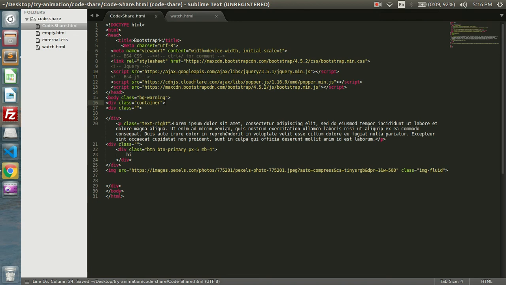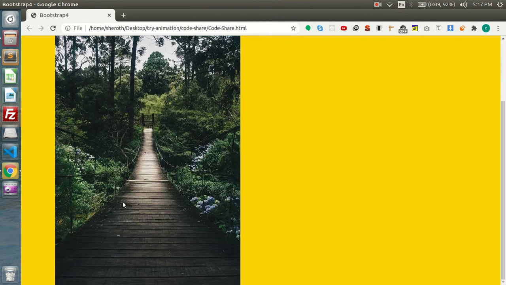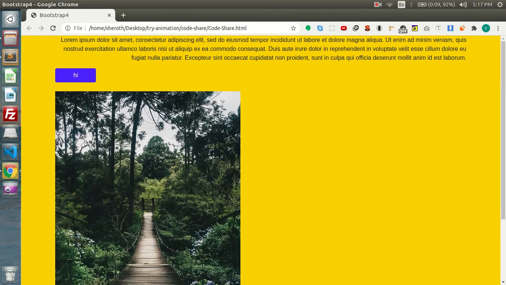These are the basic classes generally used in Bootstrap 4. In another video we will check the grid classes generally used in Bootstrap 4. Grid is nothing, a small introduction: it creates separate rows and columns. So on each and every device we can apply separate styles for that device. It works like that.